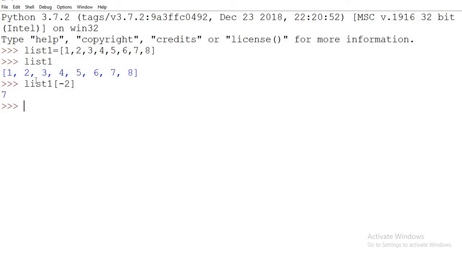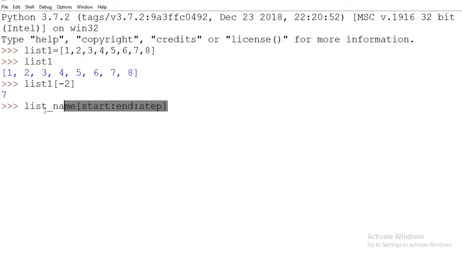Now we will do the slicing operation. Slicing operation basically chops down your list into small pieces. The pattern of writing is your list name, then within the square brackets, we'll give the starting index, then the ending index and the step, and it all will be written with colons. Everything you will write within the square brackets using the colon.